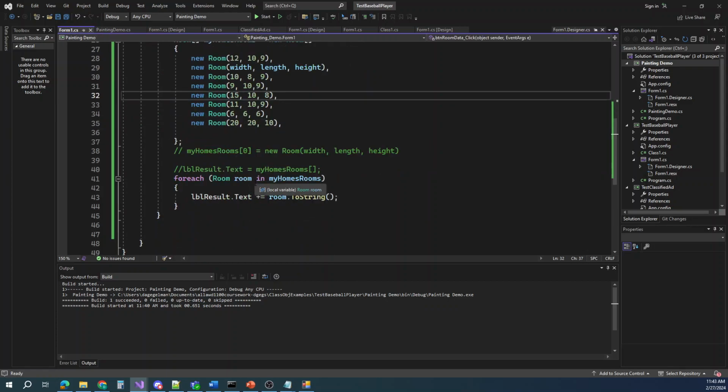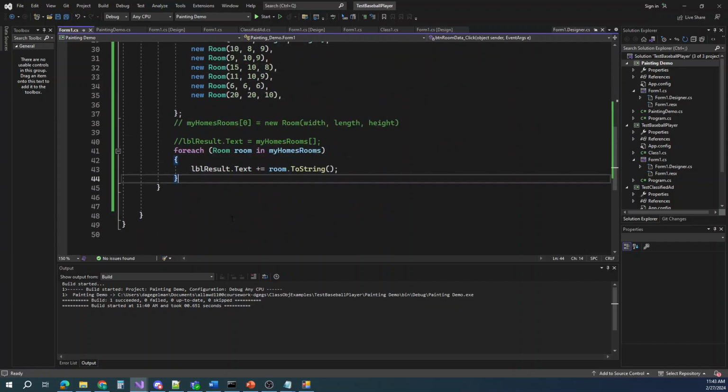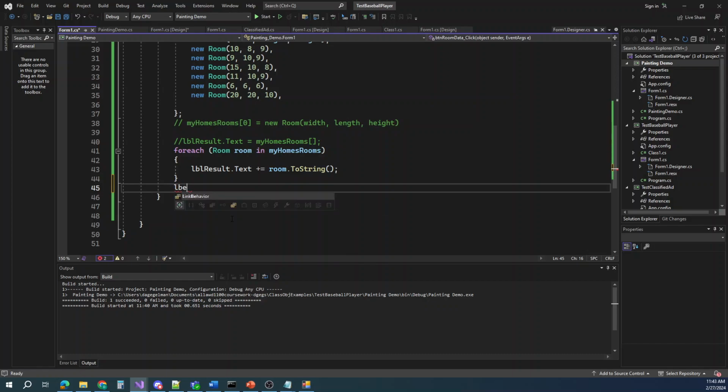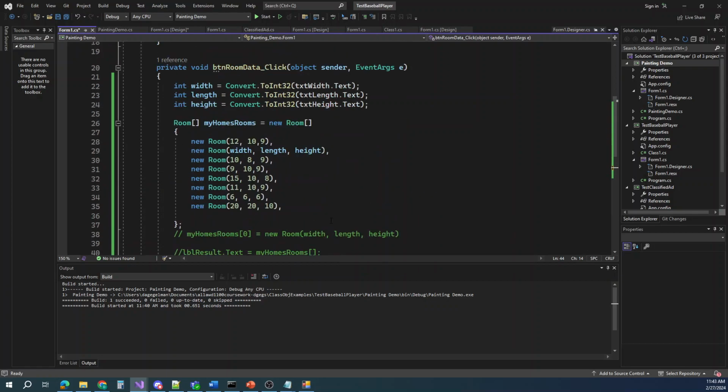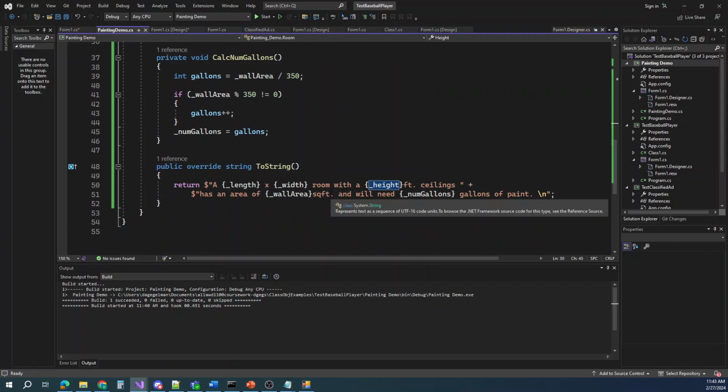Okay, because when I try to run my application, it's telling me that object reference not set to an instance of an object. Yeah, and these aren't being used just because we didn't print them out using the width, length, or height with those gets. We just took that width, length, and height and put them down here in this toString that we returned. Okay,